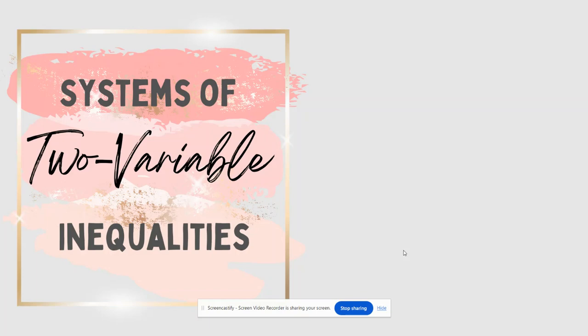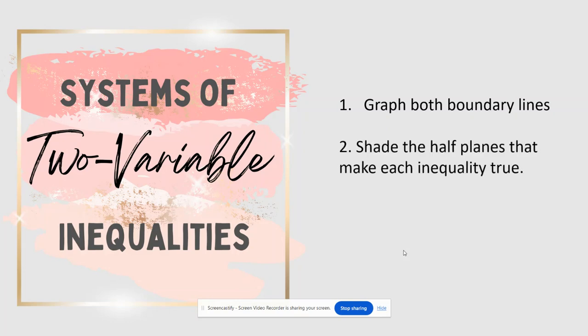Okay, guys, so for section 3 of unit 15, we're looking at systems of two variable inequalities. So the first thing you want to do here is graph both boundary lines. Now, if it's a system of equations or inequalities, there's usually going to be more than one. So you're going to graph both boundary lines. The next thing you're going to do is shade the half planes that make each inequality true,